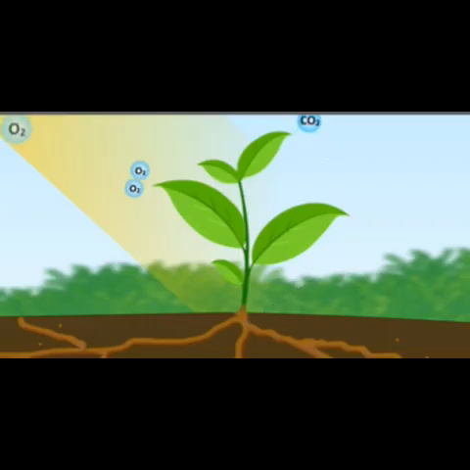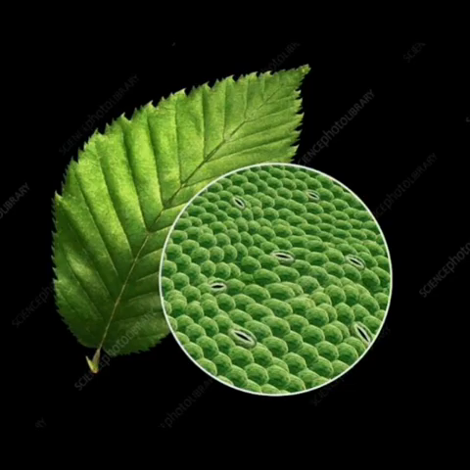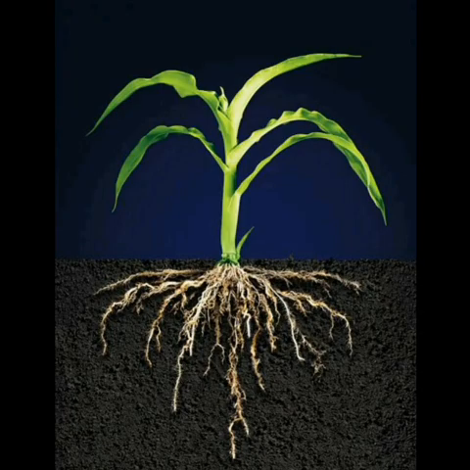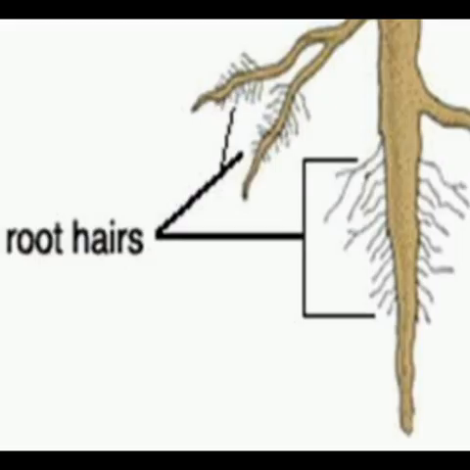Plants do not have blood like animals, so each body parts like leaf, stem and root carry out respiration independently on their own. We know that stomata are the breathing structures on leaves. What can be the respiratory structures on roots? The respiratory structures on root are called root hairs.